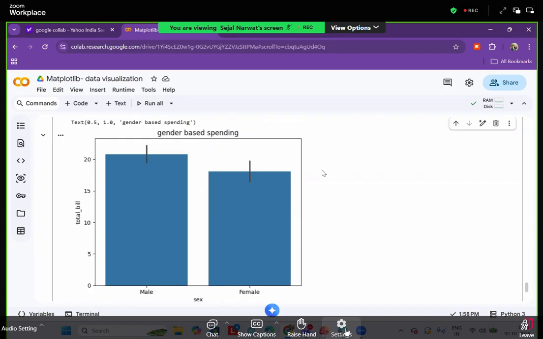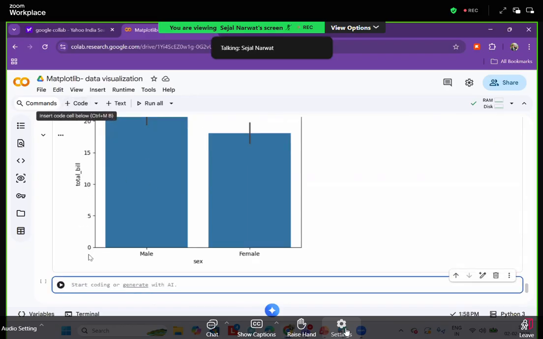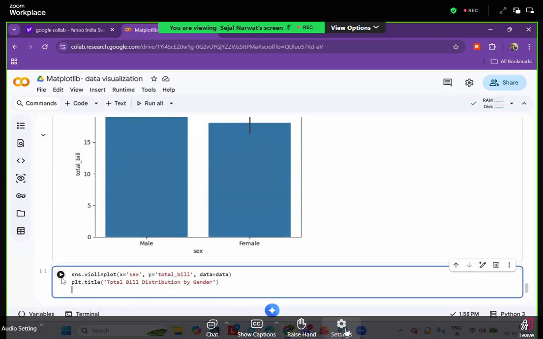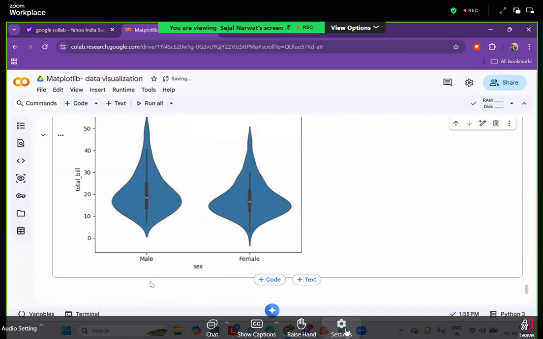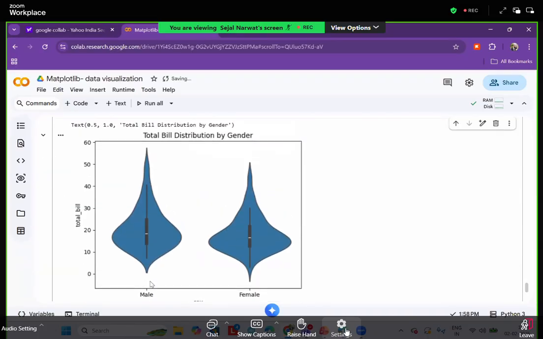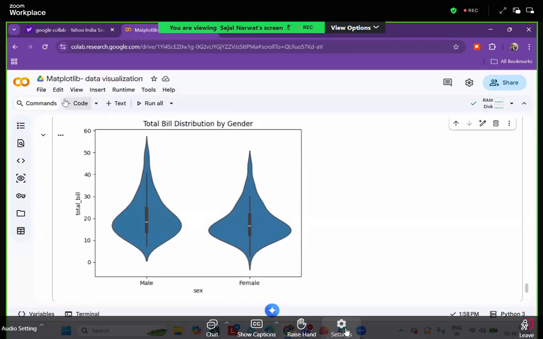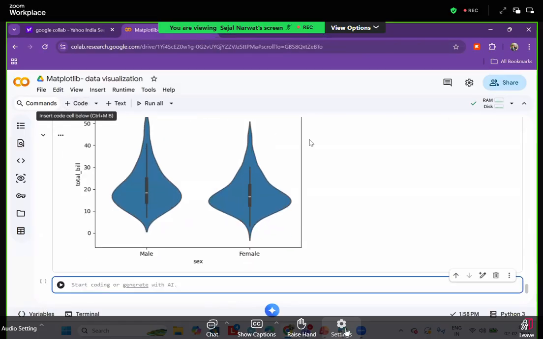Next, Yuvraj. Again, Yuvraj is also using the violin. Let me see. Yeah, somewhere it is also fine. Then we have,